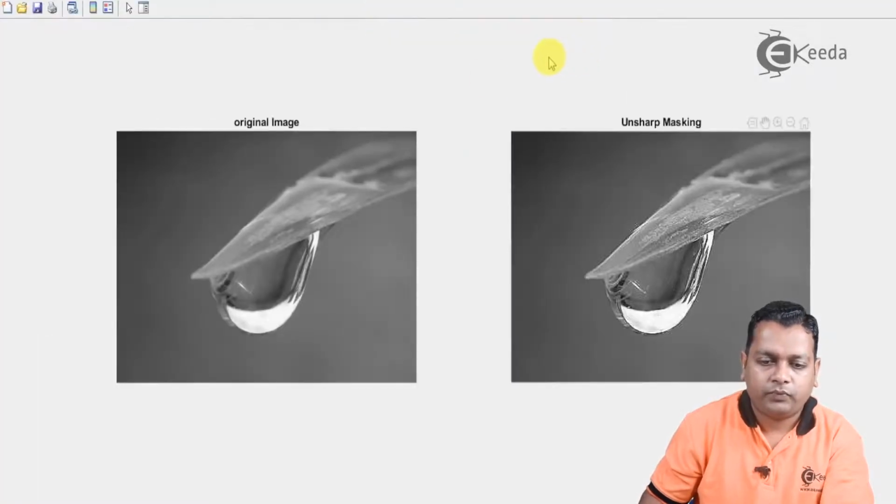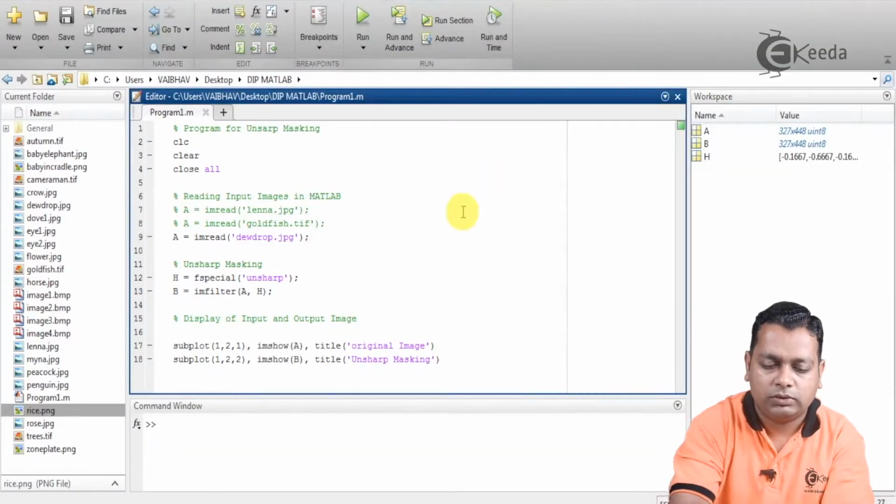See here, as a drop can be seen in the original image, the brightness on the periphery of this drop has been sharpened, along with the edges of what may be the tip of a leaf, and the corresponding background is also available. The best effect we can notice is on this dewdrop.jpg.